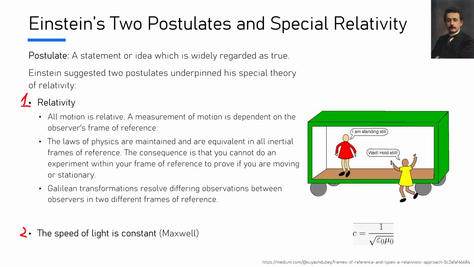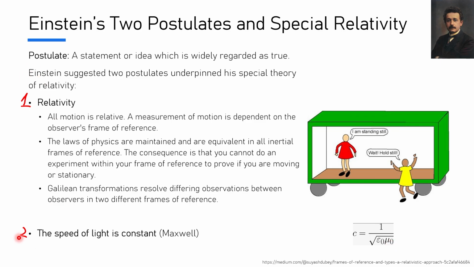The second postulate is that the speed of light is constant, and this was based on the work of Maxwell. It's these concepts that we looked at the beginning of Module 7. And essentially, Maxwell was able to resolve equations both about electricity and magnetism to find a connection and a relationship between the two, to develop the understanding of light being an electromagnetic wave, but also that mathematically the speed of light was constant, that the permittivity and permeability of free space, both constants found in our electricity and magnetism formulae, were the only values present after everything was cancelled out that could describe c.